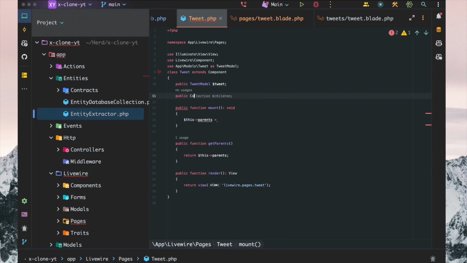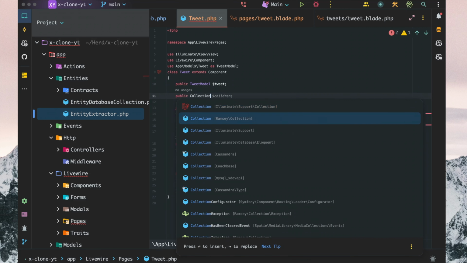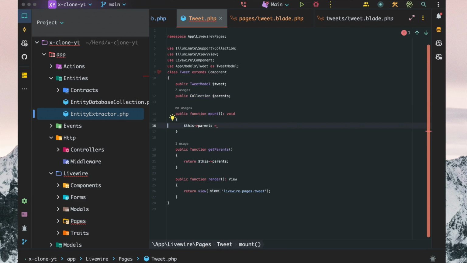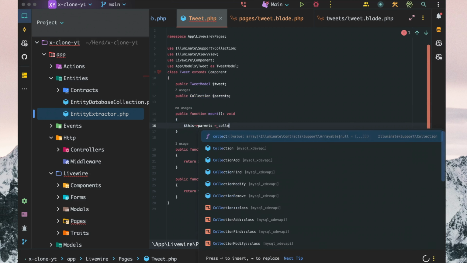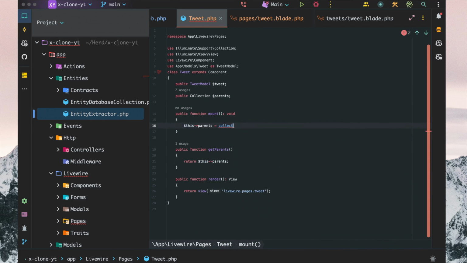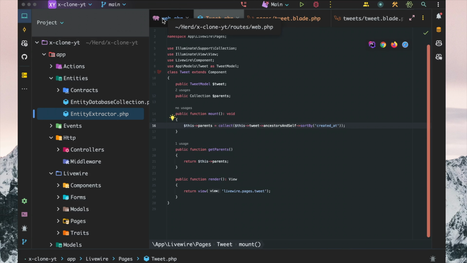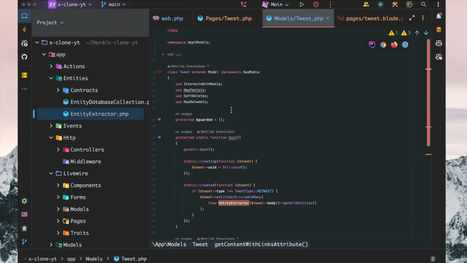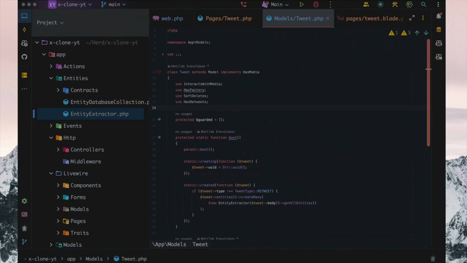public collection parents, and it's gonna be set to collect, in this case, this treat ancestors and self. We sort by create that, but I don't think we have that inside our treat model for the ancestors and self. So if we get into our treat model now,